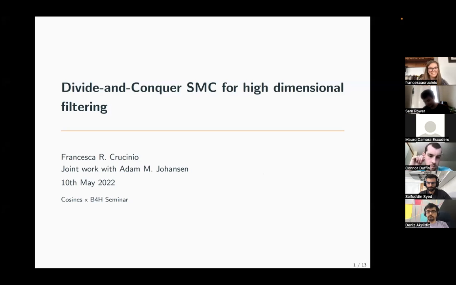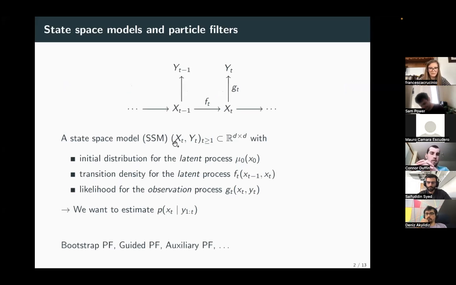As Sam already mentioned, I waited long enough to give this talk that we already had the masterclass, and I don't need to tell a lot about particle filtering and state space models. So I will have just one slide about that, but if something is not clear, please do ask me, because I've been a bit vague about what we mean with particle filtering. This is an extension of it. So of course, if the particle filtering slide I have is not very clear, the extension is gonna be even less clear. Okay, so this is the famous slide about state space models and particle filters.